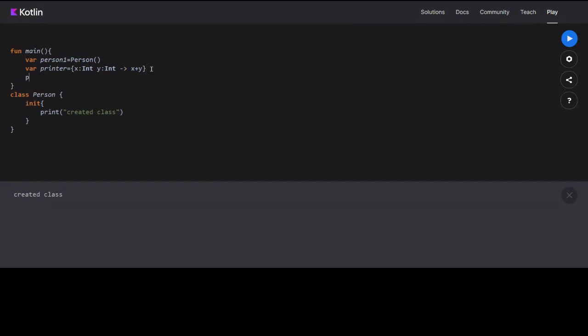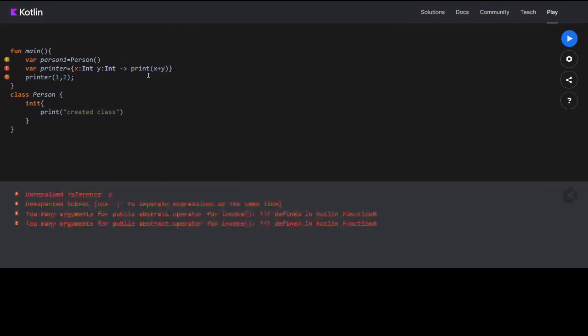So if I say print printer of one comma two, sorry, I have to put a comma also here.